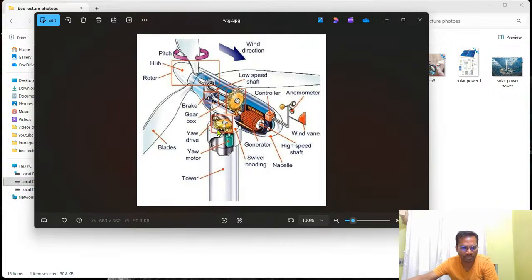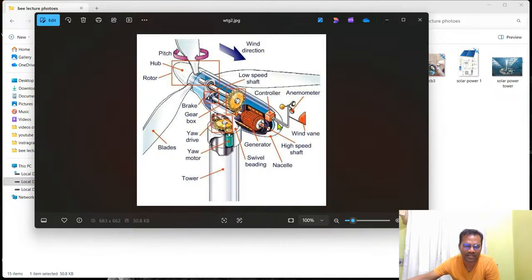and the bottom one is nothing but yaw control. This is called the yaw motor, and this is nothing but yaw control. You can see the gearbox here. So the wind turbine can rotate 360 degrees, and blades also can rotate 360 degrees. So these are called blades, and this is called the rotor which rotates, and this is the rotor of our alternator, and what is shown here is nothing but the stator of our alternator, and the EMF generated will be